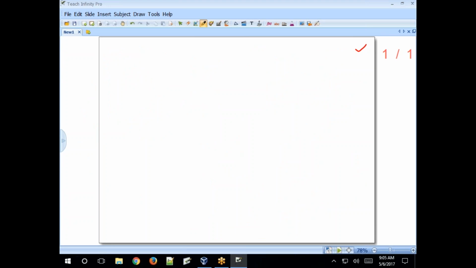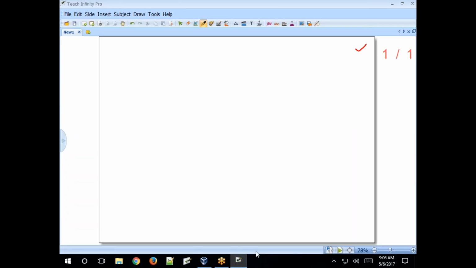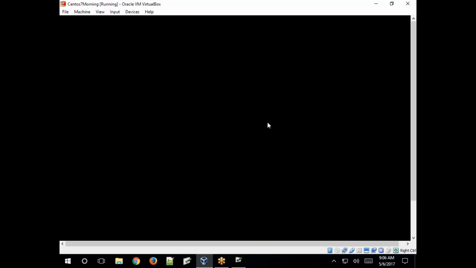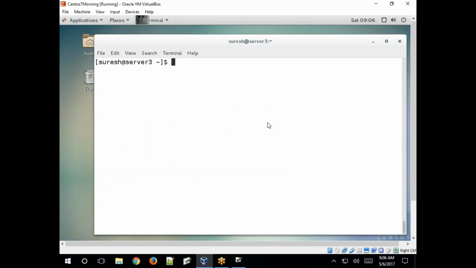This is the mask value, the user mask. How to set the user mask? You can also set different mask values for different users, any user, even the root user. You can modify it. See, this is a normal user account. So umask, what is the umask?